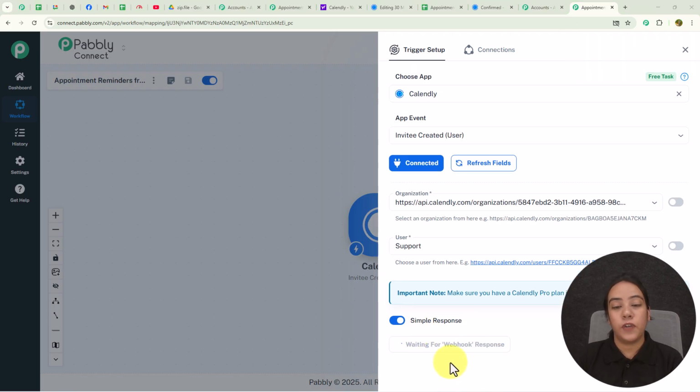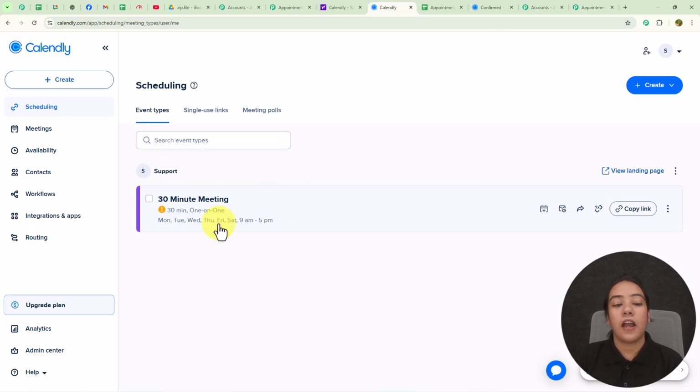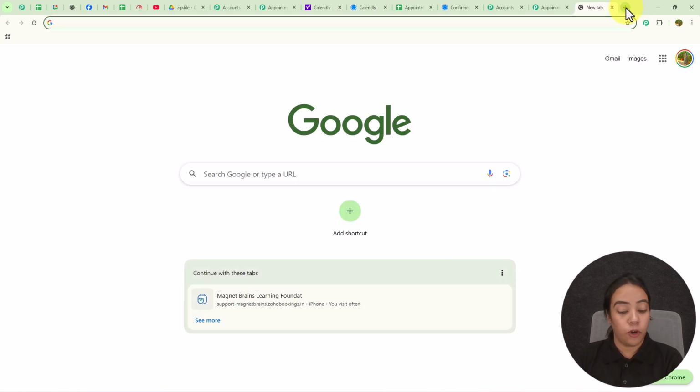Here my webhook is waiting for the response. Now to create the response, I will log into my Calendly account. And here you can see I have already created a meeting. You can create a meeting by clicking on create button, which is given over here. As I have already created, I am just going to copy this link and create an appointment in a new